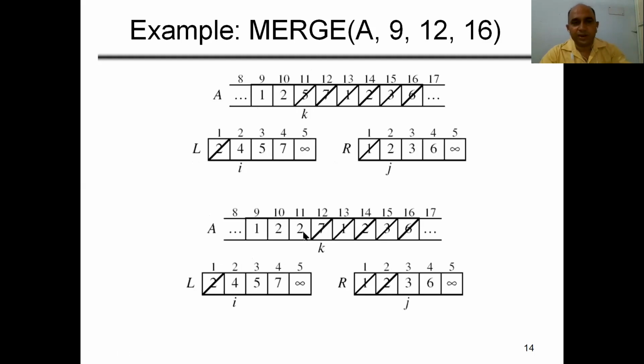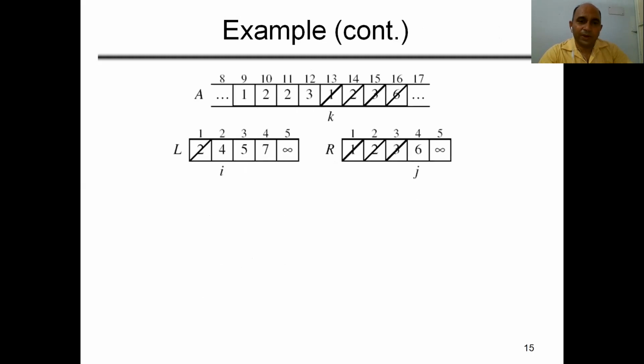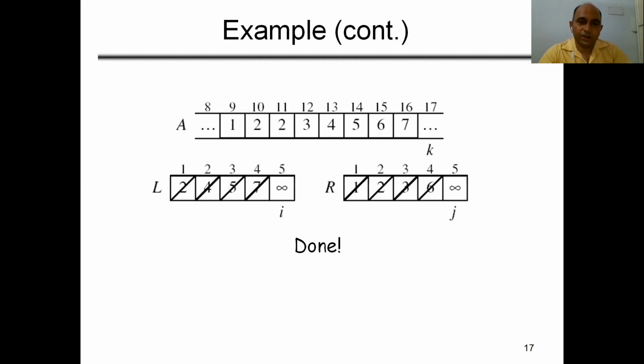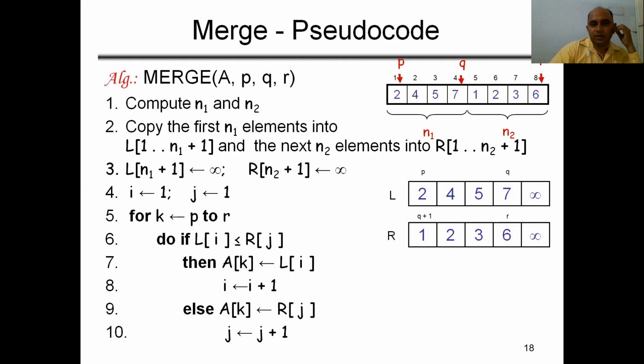So here we are merging two sorted arrays by applying the logic. What is the logic behind this merging? We will explain it now. Here we are merging two sorted arrays. This is our L array, this is our R array, and this is our original array. How can we merge these two sorted subarrays?